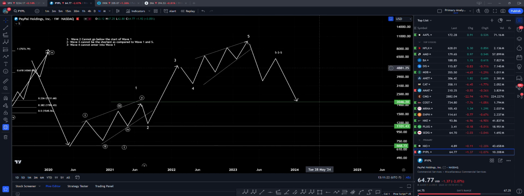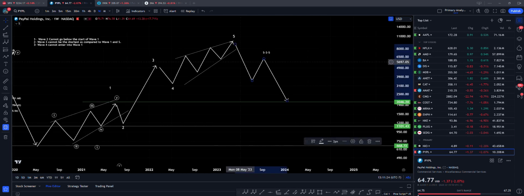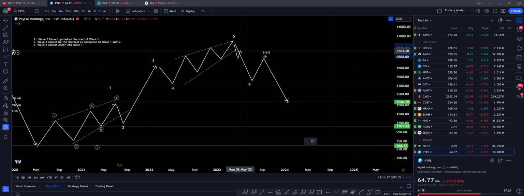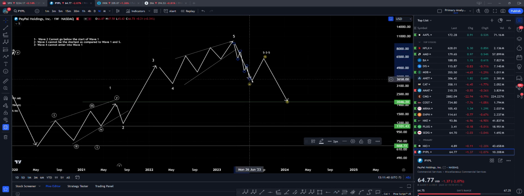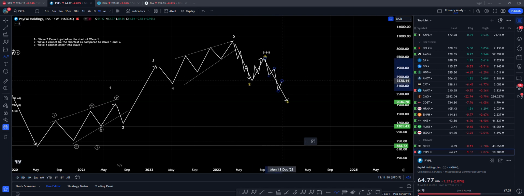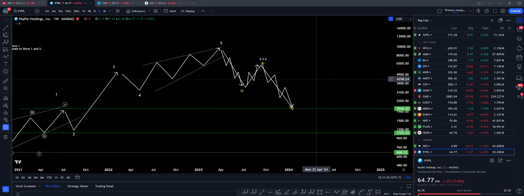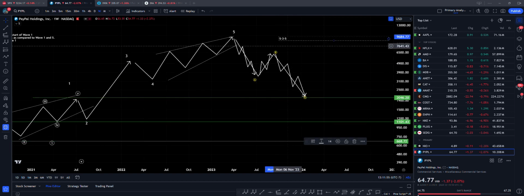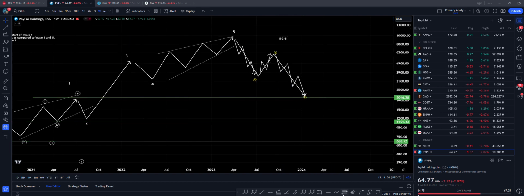Why is it called 5-3-5? Because though it's a 3-wave move down instead of a 5-wave move up, retracing partially, it's labeled as ABC. But when we look internally on a fractal, we will see that it has 5 waves in the first one, 3 waves in the middle, and then 5 waves down again, right? So this is called a 5-3-5 structure, and the few basic principles of this